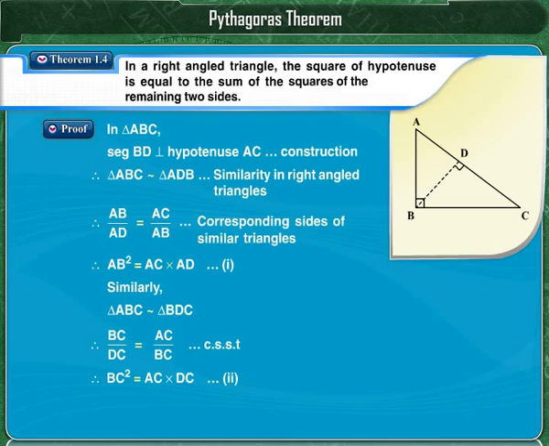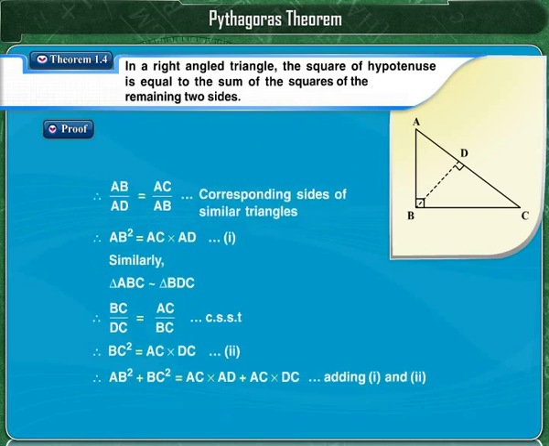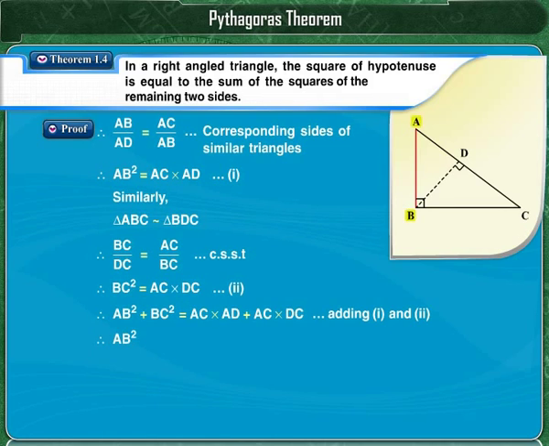Now adding both the statements, we get AB squared plus BC squared is equal to AC into AD plus AC into DC. Therefore, AB squared plus BC squared is equal to AC into bracket AD plus DC, since D is